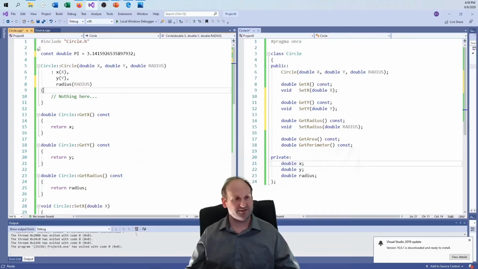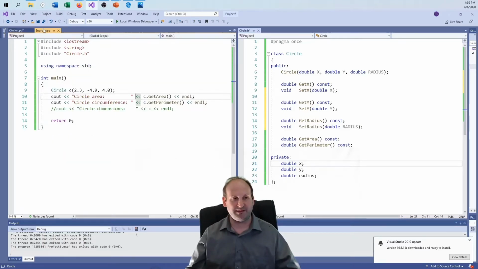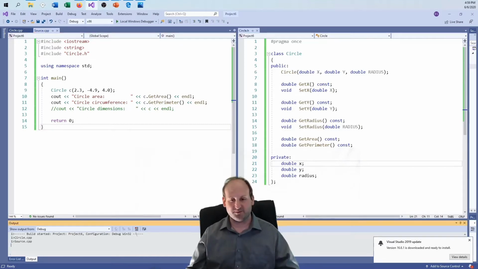But then that covers setting everything up. The .h file has all the functionality, private data, and public functionality to access the data how I see fit, and then the implementation is in a circle CPP file, and the main file uses circle.h to do all the work. And when I run this program now,